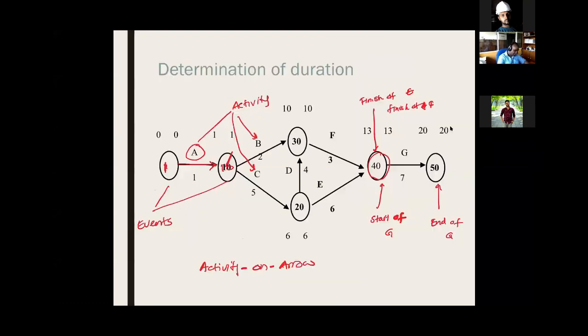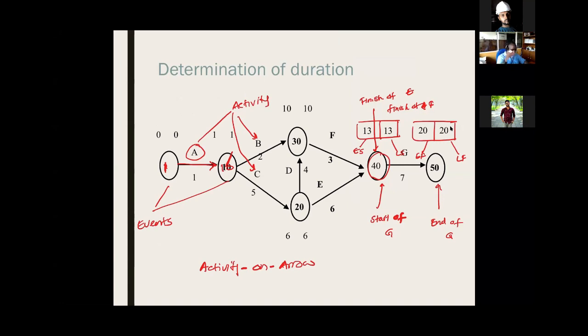If you don't remember, let's say activity G for the time being, we draw something like this. This is, for activity G, the early start, this is the late start, this is the early finish, this is the late finish. Early start is the earliest possible time that an activity can start. Late start is the latest possible time that an activity can start. Early finish, earliest that activity can finish. Late finish, likewise, latest possible time the activity can finish.